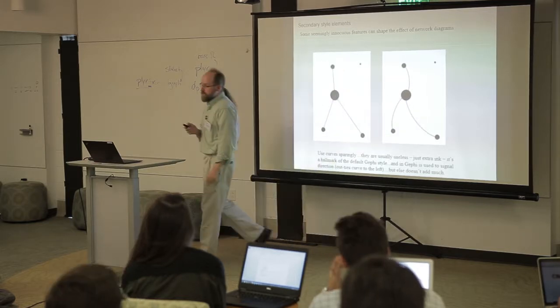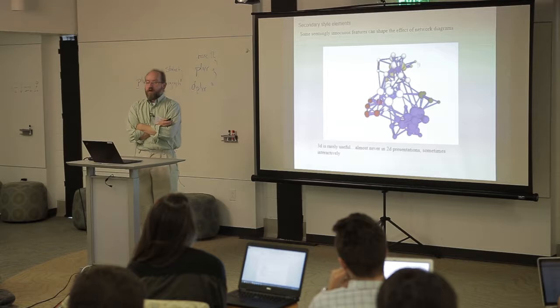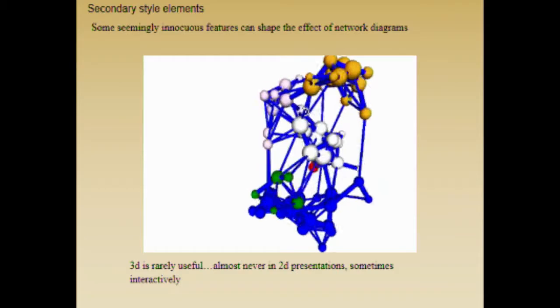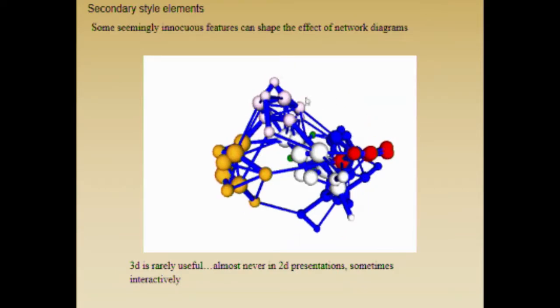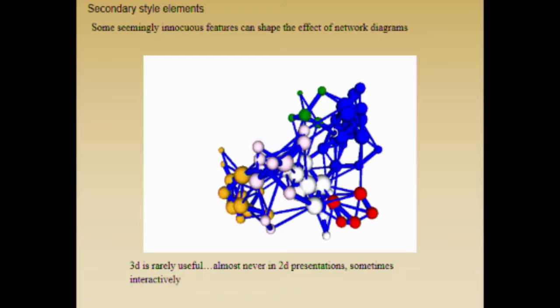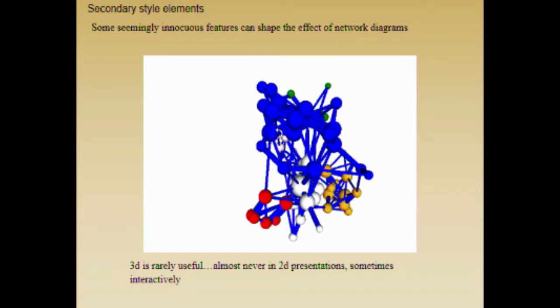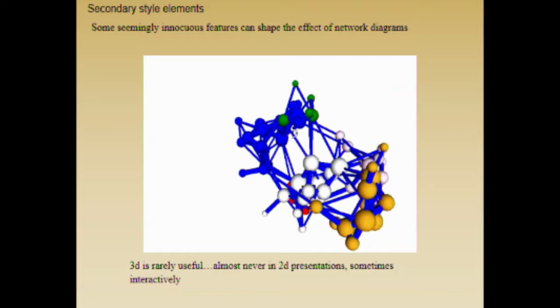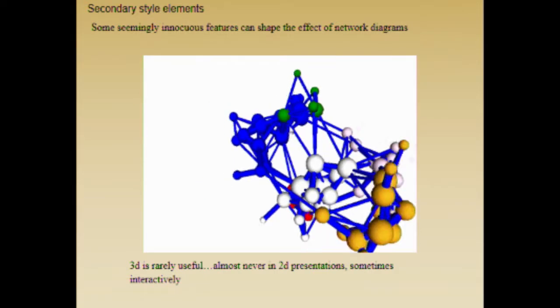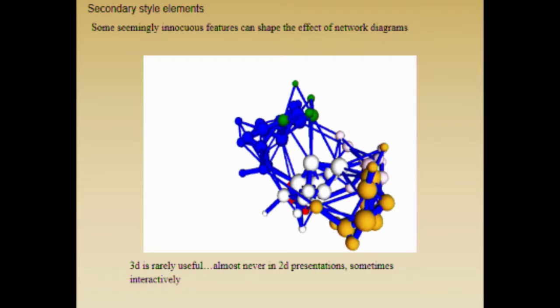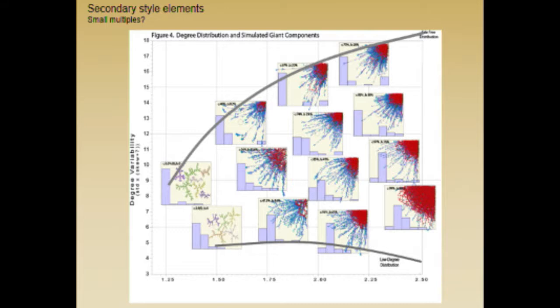You might decide that you want to use multiple dimensions. If the problem is this constraint of fitting a node on one set, why not use 3D? If you can get in and play with it, you might be able to see something interesting. But by and large, the problem with 3D is occlusion. There are things behind it, and so whenever you put it in a print set or on the screen, you can't see it quite well. I find that small multiples can often be useful for understanding a distribution of networks, for example.